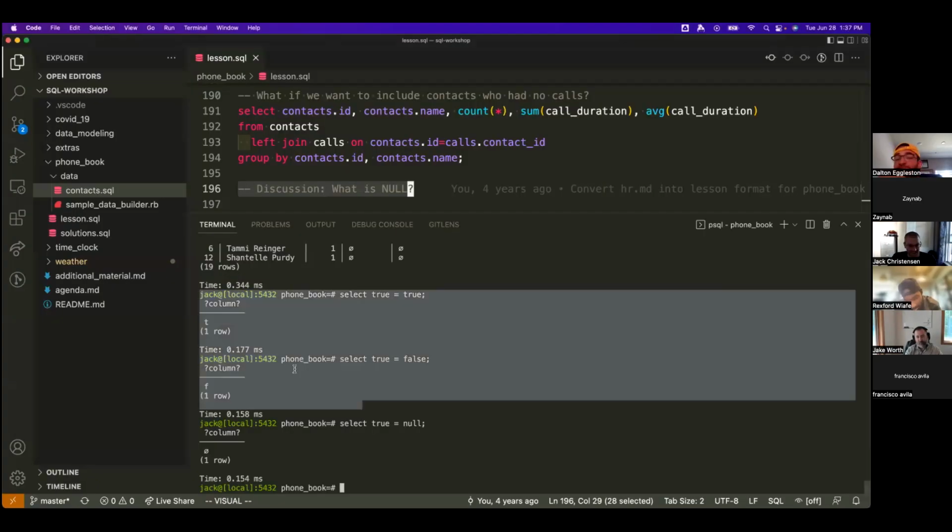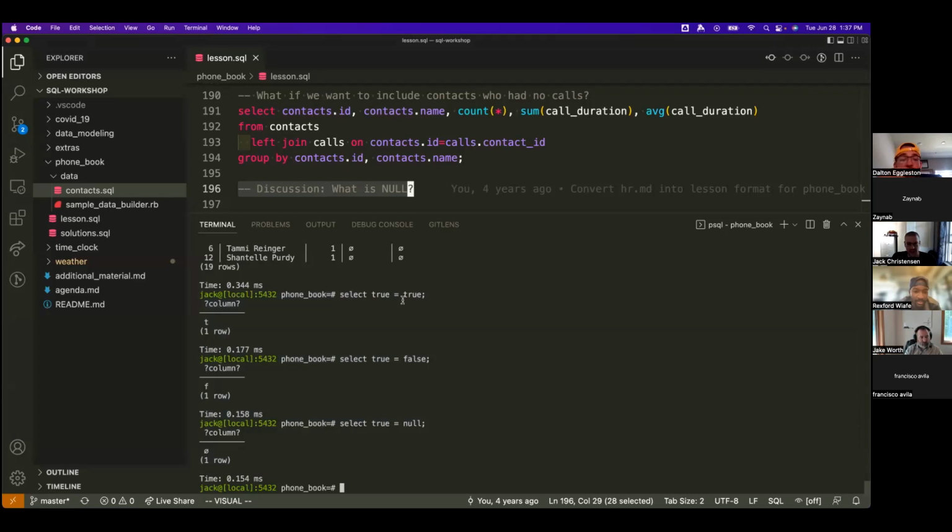Okay, so these are the examples I was given there. True equals true is true, true equals false is false, but true equals null is null. We can't say it's false, because null means I don't know, or unknown. So maybe the unknown value really is true. It's not fair to say it doesn't equal, because maybe it does. So null is infectious in that manner, in that whenever a null gets stuck into a calculation, everything kind of